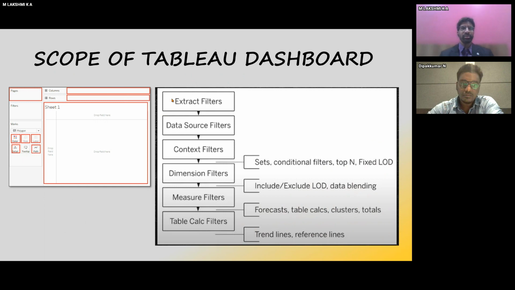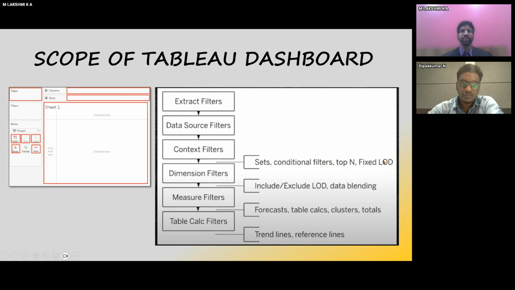In our order of operations, which is the most important concept everyone has to learn in Tableau, LOD functions come up after the dimension filters and before also. In this order of operations you first have your extract filters, data source filters, and context filters, and then you come to a fixed LOD.